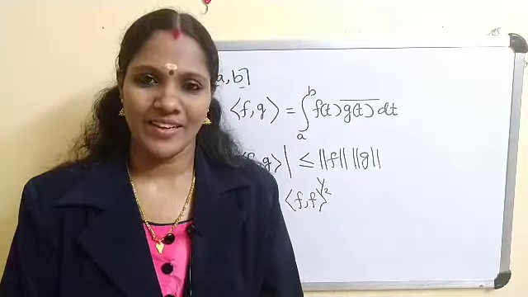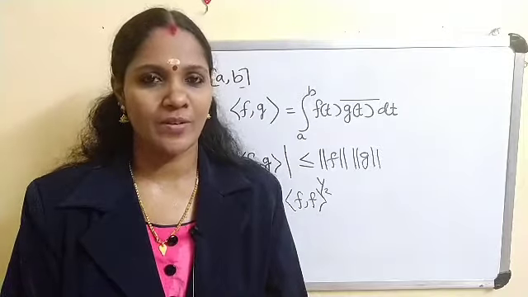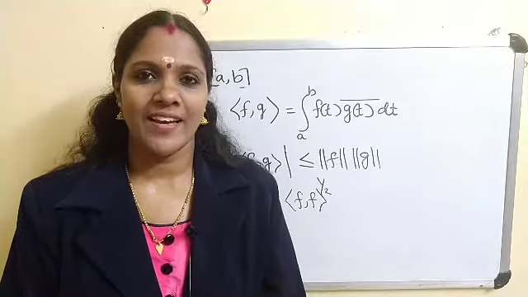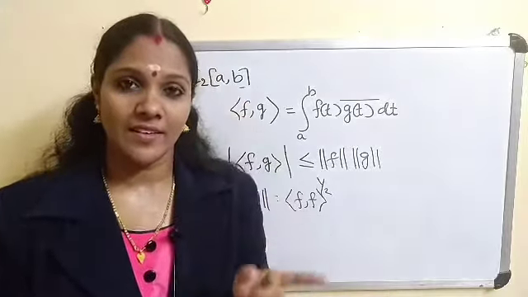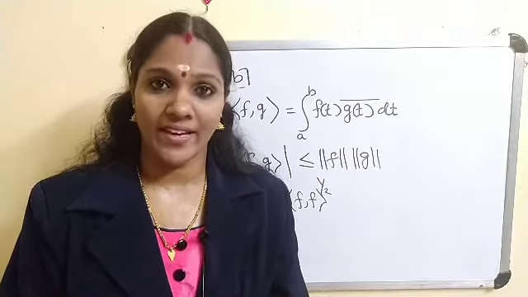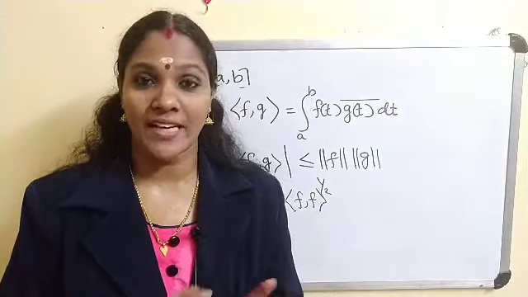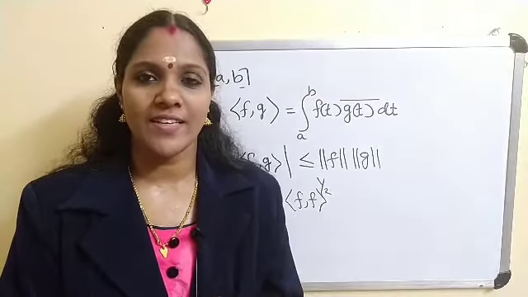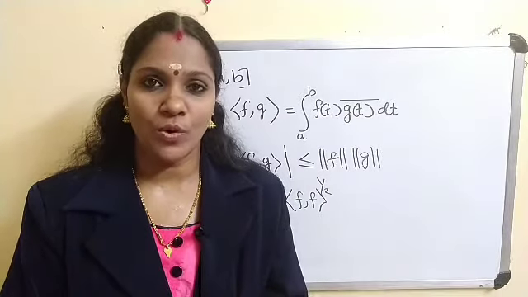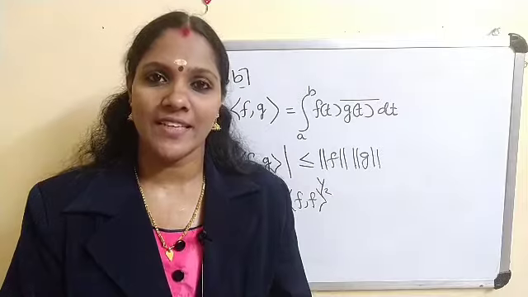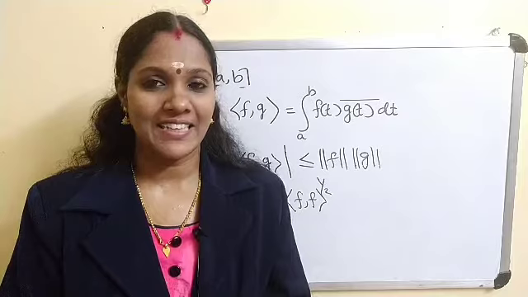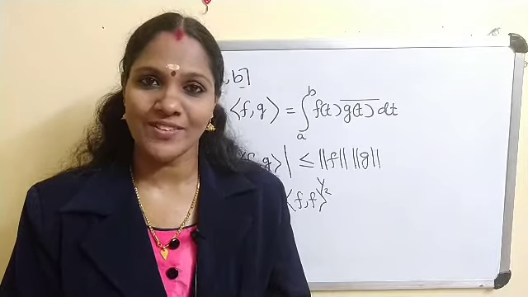Today we have discussed the inner product on a linear space and its examples. In Cn, we define the inner product of x and y as sigma i equal to 1 to n ai bi conjugate, and in L2 this is defined as sigma i equal to 1 to infinity ai bi conjugate, and in C2[a,b] it is defined as the integral from a to b of f of t into g of t conjugate dt. In the next class we will discuss the Cauchy-Schwarz inequality.